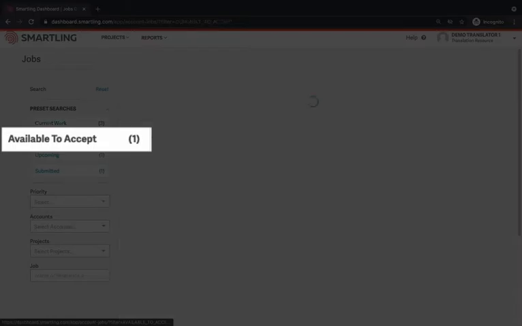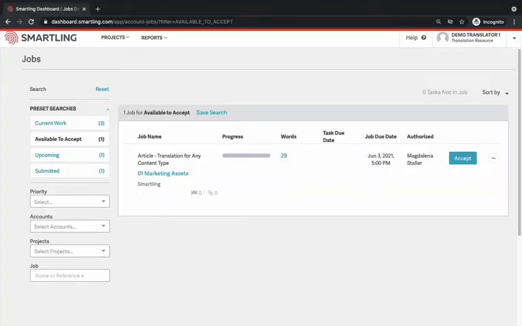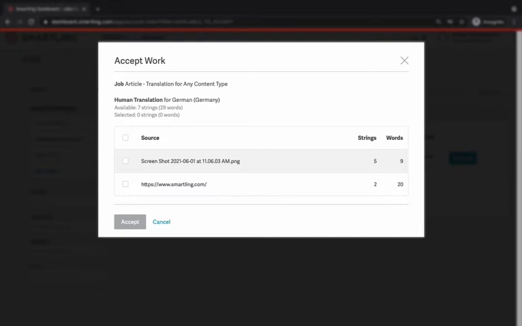In the Available to Accept tab, you can find any jobs that might be available for claiming or accepting. Accepting means that you can assign a job to yourself if you are available to deliver the listed word count within the customer's due date. Of course, you can run a fuzzy estimate before accepting a job. Once you hit the Accept button, the job is now assigned to you and will be listed under your current